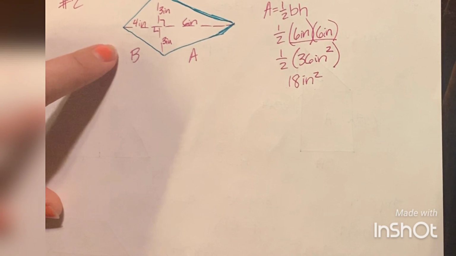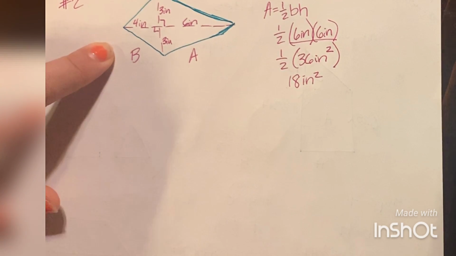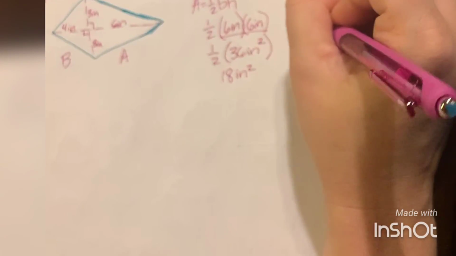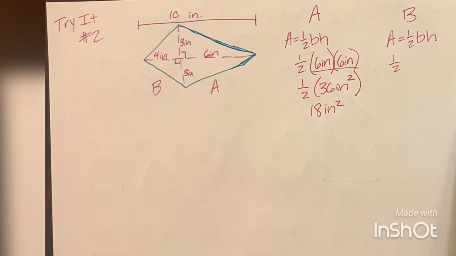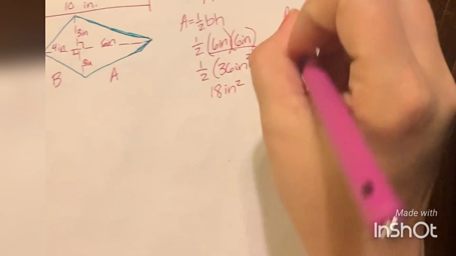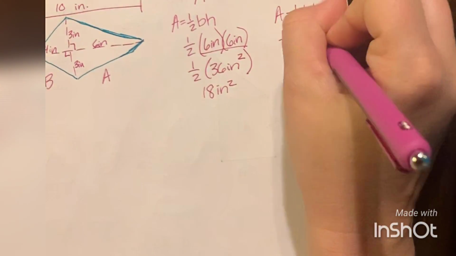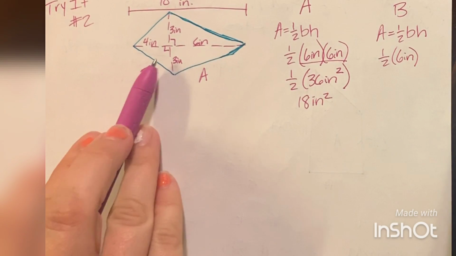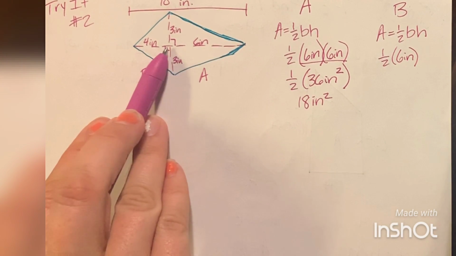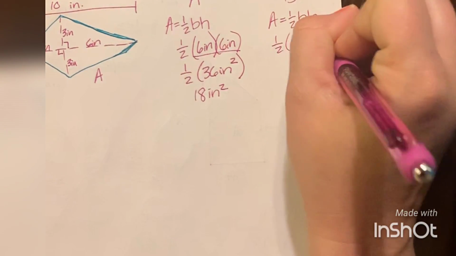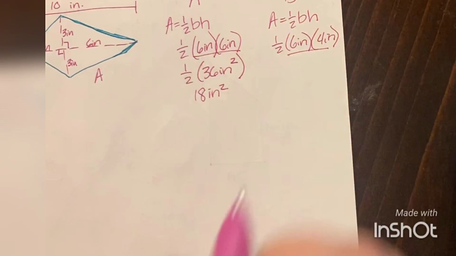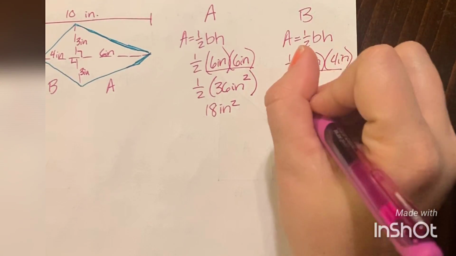All right, that's this little triangle over here. Area of a triangle. Area equals half the base times the height. 1/2 times the base is the same. Notice that each time we do the kite, they're sharing that same base. So this is going to be 6 inches as well. And the height for this little triangle over here is from the base to the top of that triangle, which is 4 inches. Good. 6 times 4 is easy. 24